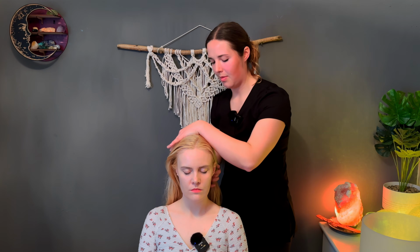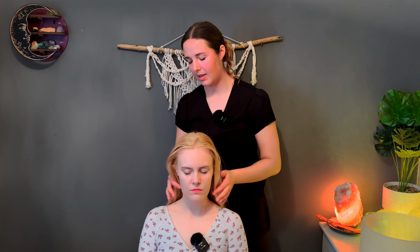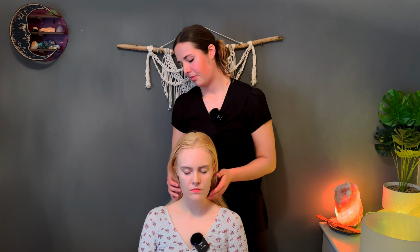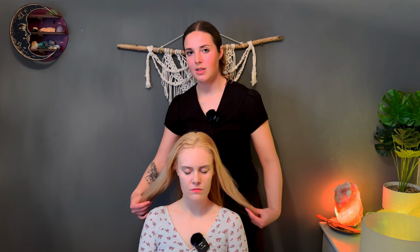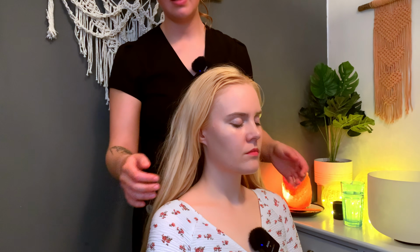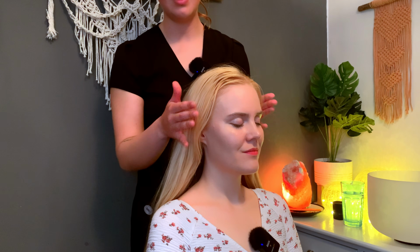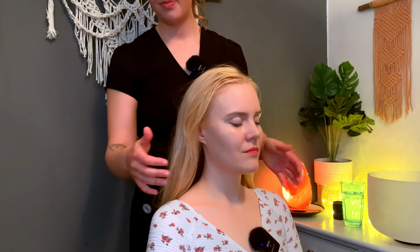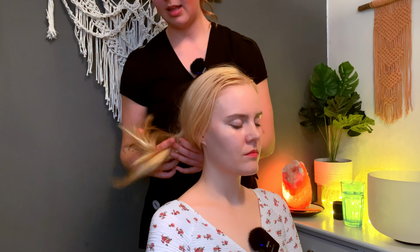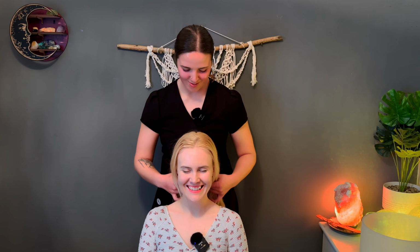I would recommend this treatment for anyone who suffers with headaches, anxiety, stress, insomnia. It's just a nice all-round treatment. This is a long treatment as well, so I'm just showing you an idea of what you might see in a treatment like this. But it has endless possibilities, and there's so many more things we can do with the scalp. So I'm just going to actually move on at this point. As much as I love playing with your hair, I'm going to move on to the